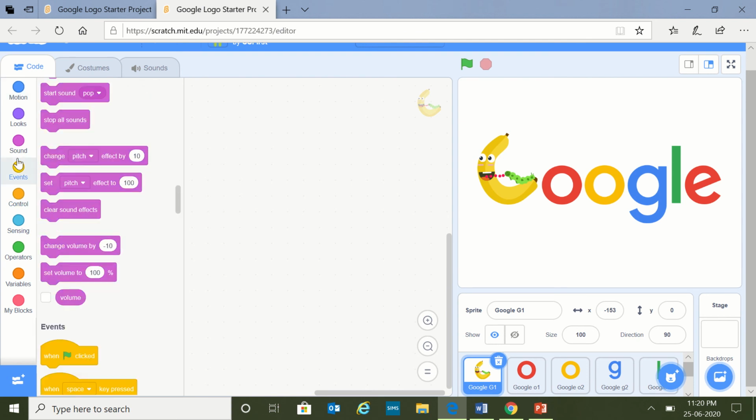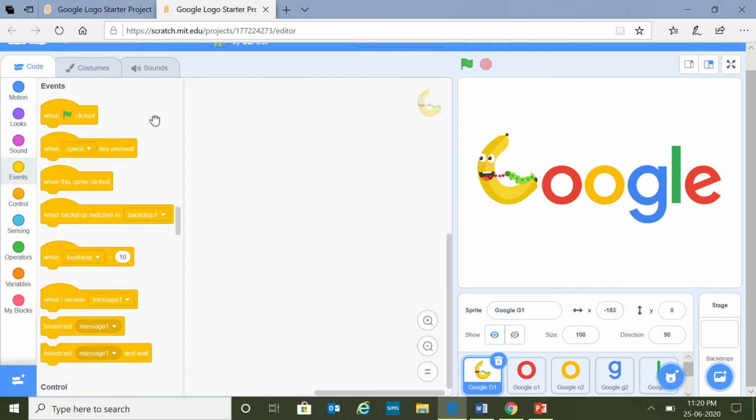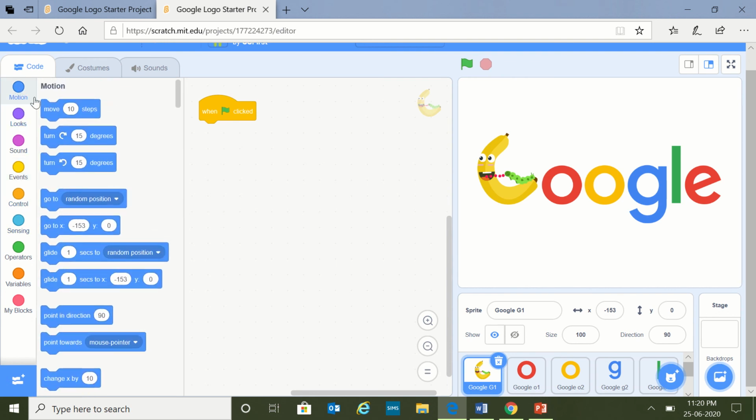You will go to events. As you very well know, when click is a must, otherwise when you click on the green flag, nothing will work for you. Now you can either use motion or looks, we have learned all this.